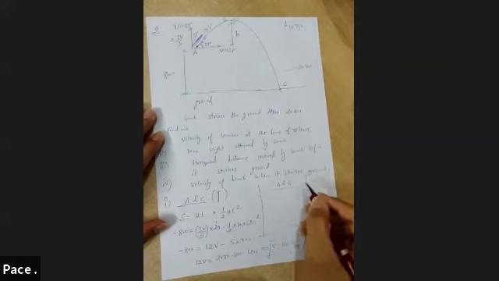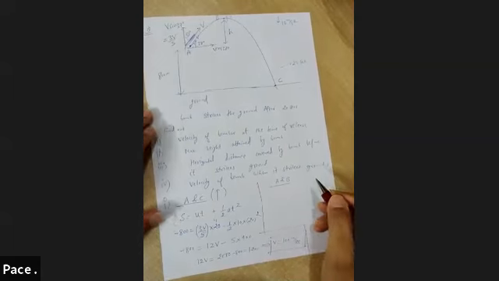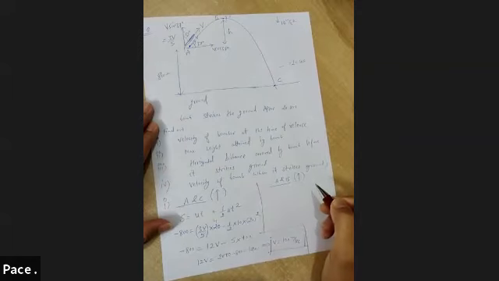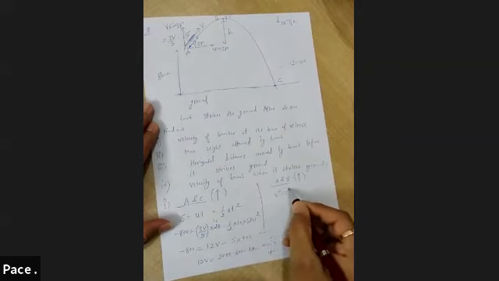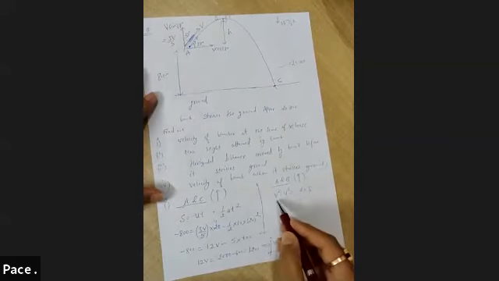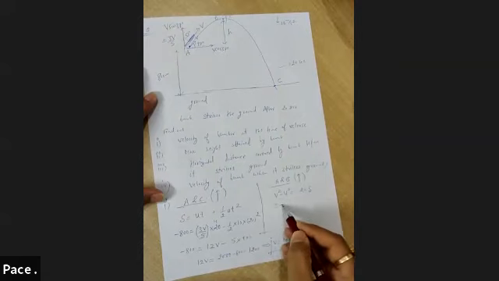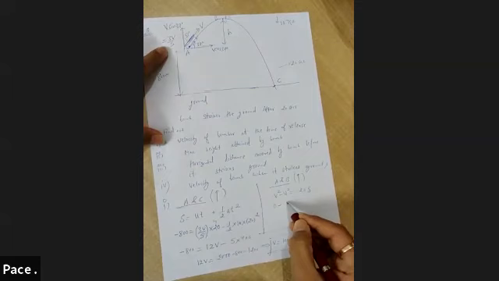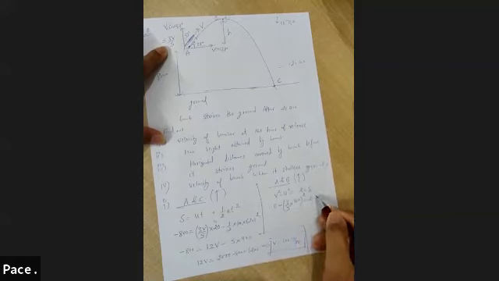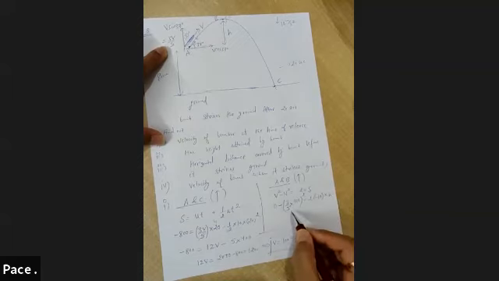I'm not using any formula, and I asked you all not to remember any formula. Always solve. Remember the process. So between points A and B, you can apply V square minus U square is equal to 2AS. What is the final vertical velocity? It is 0. What is the initial vertical velocity at point A? It is 3V by 5. And now we know the value of V. So 3V by 5, what is V? V is 100. Square of this is equal to 2 times acceleration, which is minus 10, and this S would be small h.